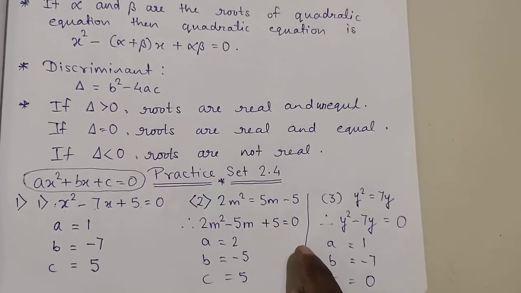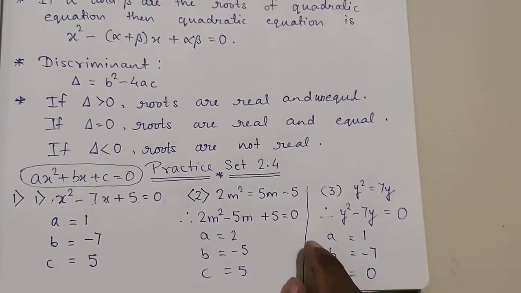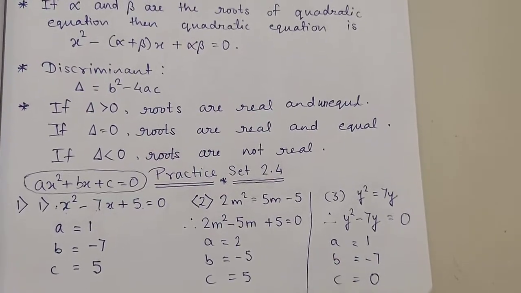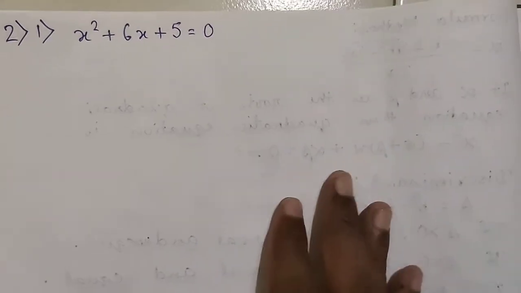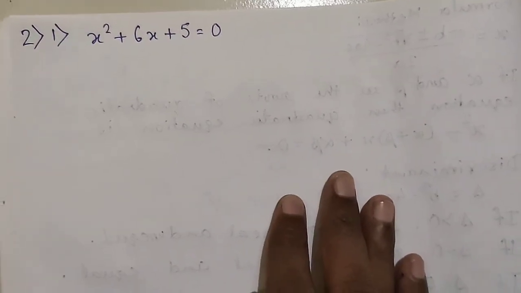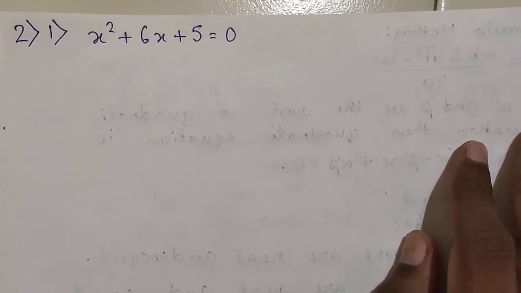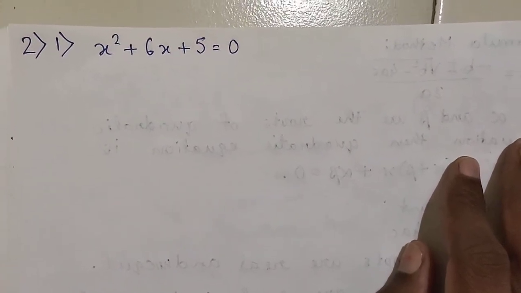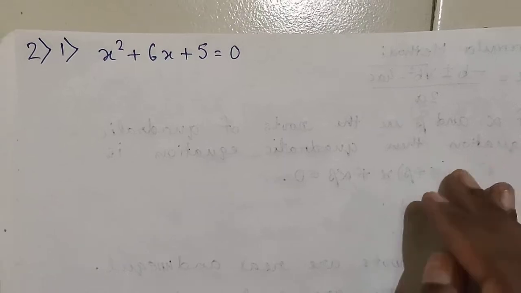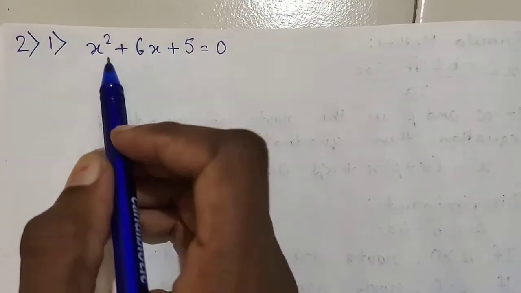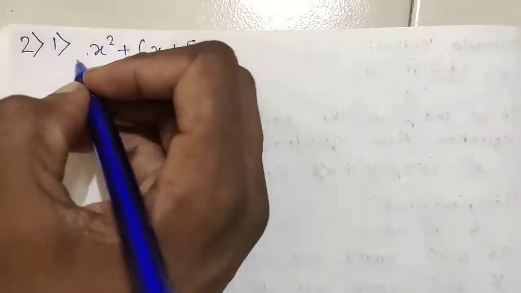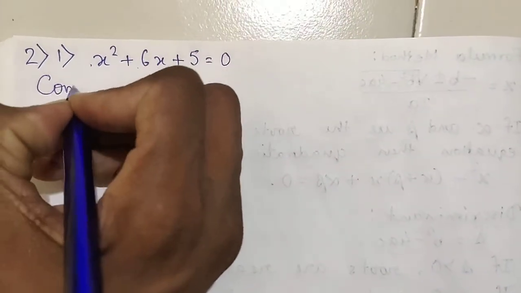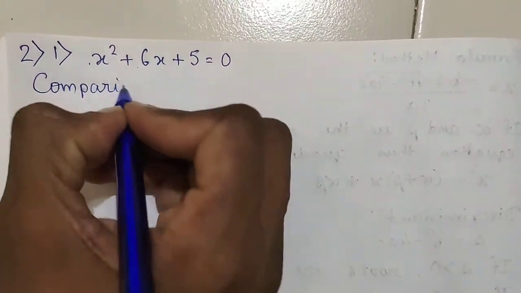Okay. Now let us see our second question, that is, solve using the formula. So let us see how we can solve by using the formula. Okay students, let us see our first question, and we are supposed to solve this equation by using the formula method. So for using the formula method, first we are going to write a, b and c. So first I am writing, comparing with.